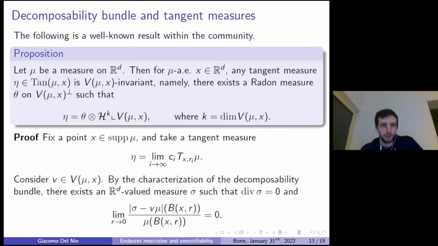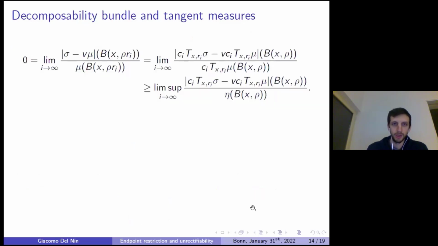And okay, the proof of this proposition is quite simple. We fix a point x in the support. We take any tangent measure which has the following form. Then we take any vector in the decomposability bundle at the point x. By the characterization that I told you in the last slide, regarding divergence-free measures, we can find such a divergence-free measure sigma that approximates v times mu at small scales. But then essentially plugging in the definition of tangent measure,